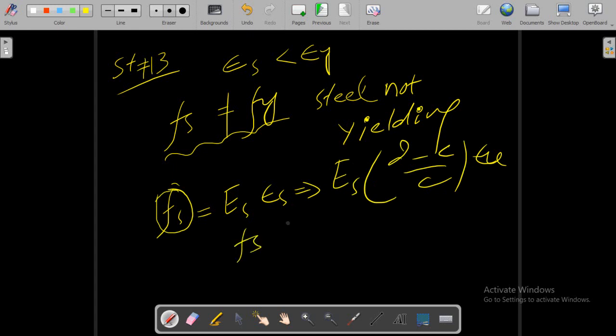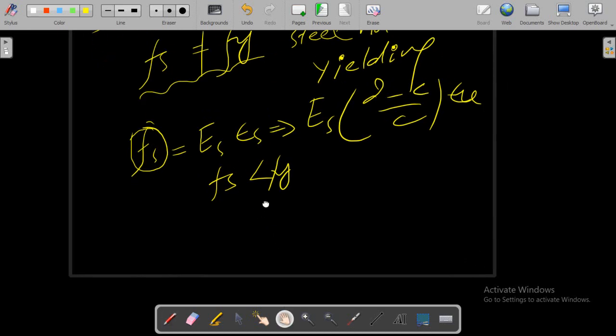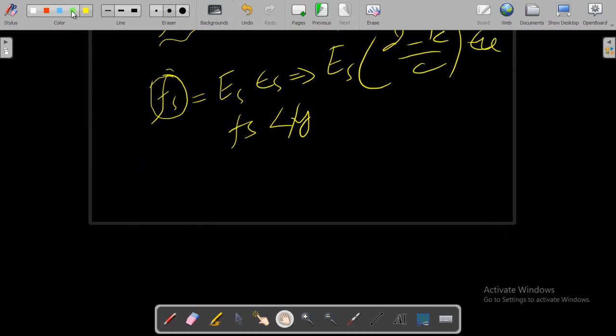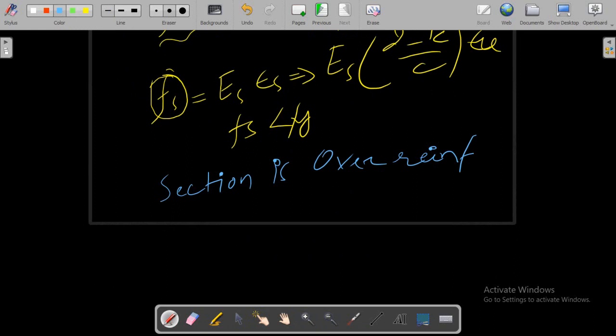you will see that this value will be less than fy. What does this practically mean? This means that the section is over reinforced. We have provided heavy reinforcement to the section. Concrete is crushed before the yielding of steel, and at this time, to proceed